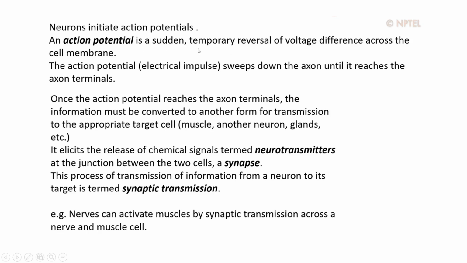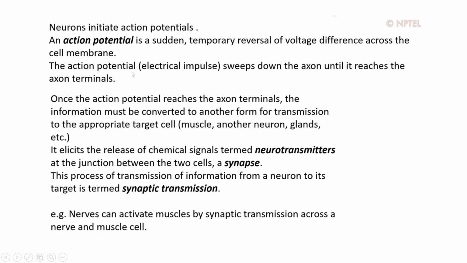In action potential, as you know, it is a sudden reversal of the voltage across the cell membrane. So how will the action potential be generated? For example, in the initial stage, if the positive charge is higher, then the action potential will lead to the depletion of this positive charge and an increase in the negative charge. Okay, so this charge reversal will be there, and due to this reversal of the voltage, it will generate the action potential. Okay, and this is temporary. The negative charge again will be down regulated, and the positive charge will increase. So this reversal of charge will lead to the action potential generation within the neurons.